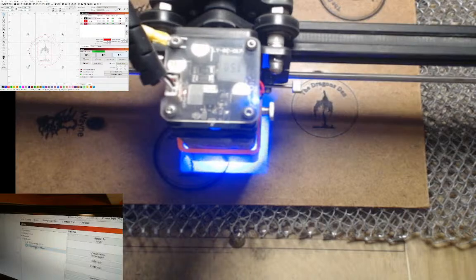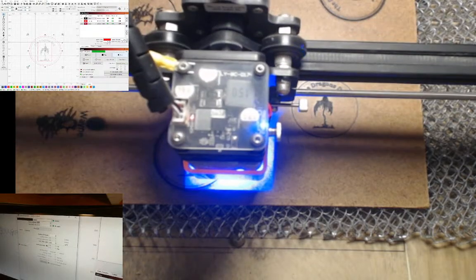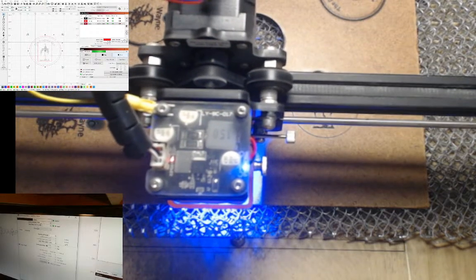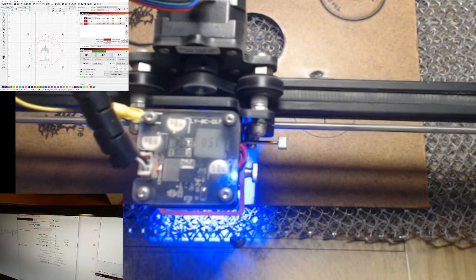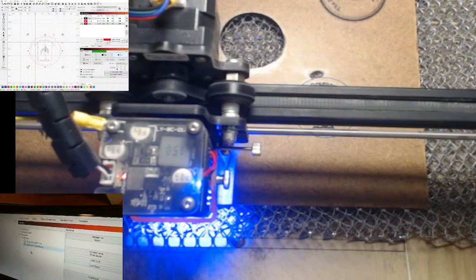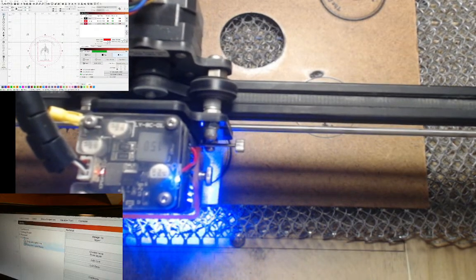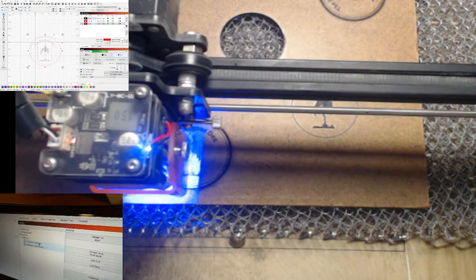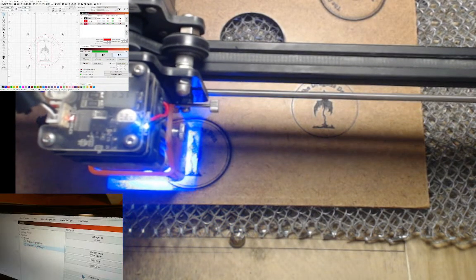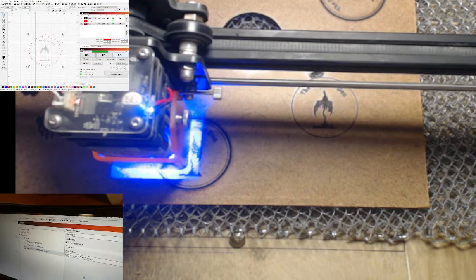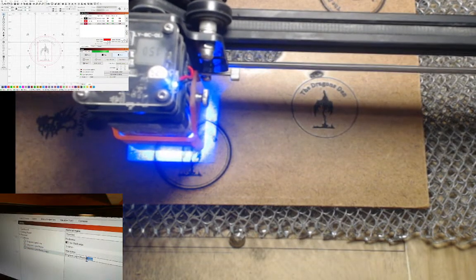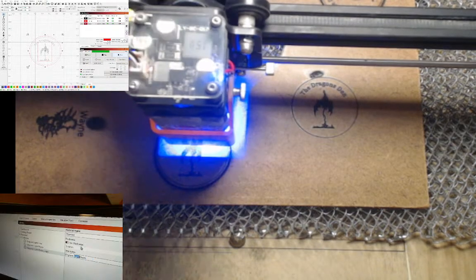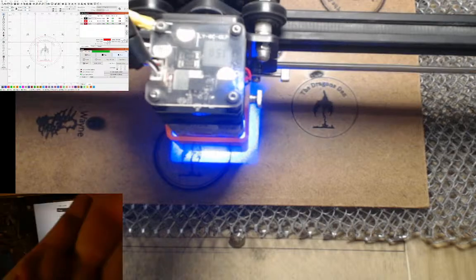So now we're going to do engrave light photo, and I'm going to change it to, this is based on what I've done before, 1550, and say OK. So now on my 3 millimeter plywood I have engrave light line engravings, engrave light photo. I'm going to duplicate this again. I'm going to take out the copy part here, and I'm going to change this to dark, engrave dark photo,